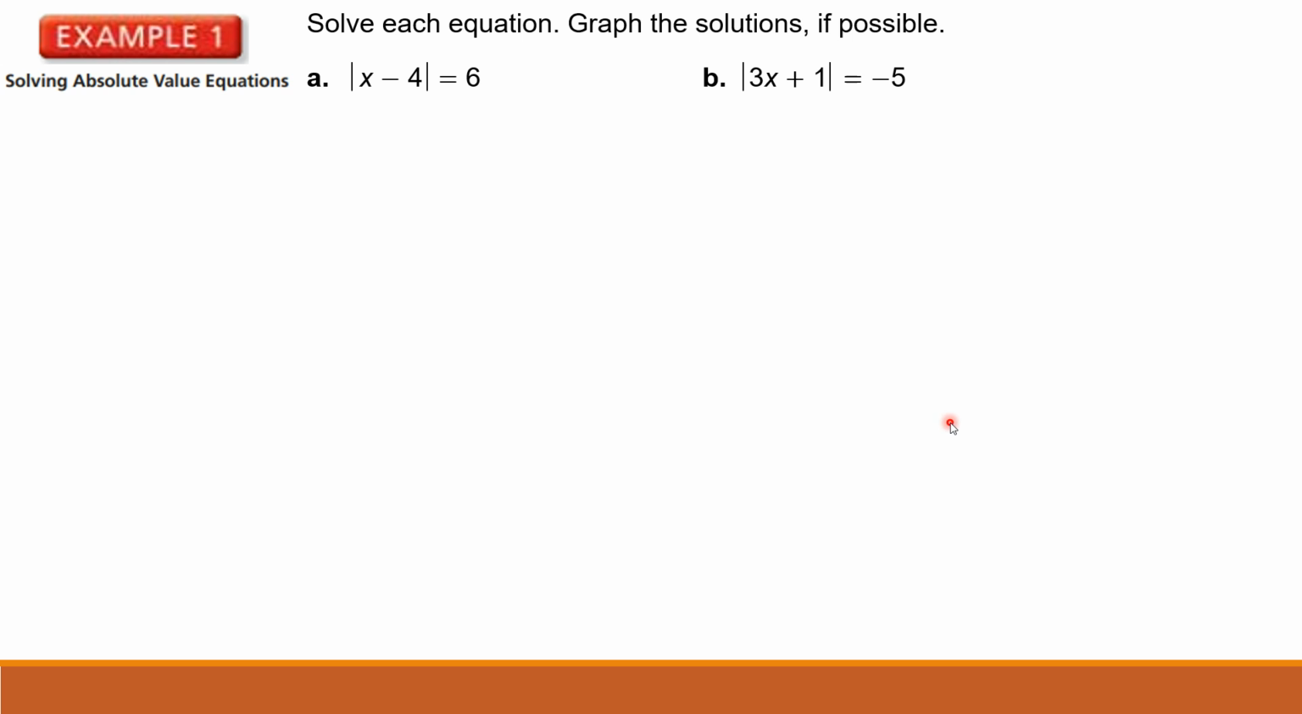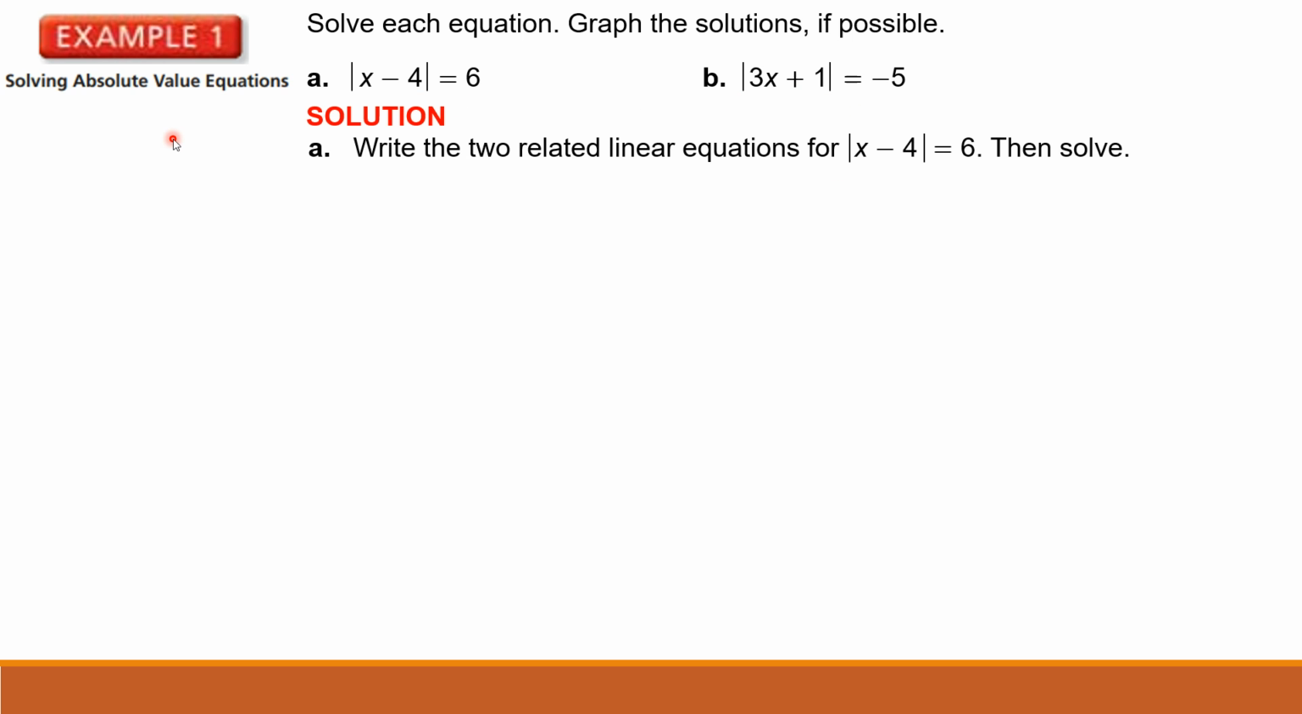All right, so now let's look at some more examples. These are the examples actually from the textbook. So let's look at their solutions. This part A is similar to what we just looked at. And so is part B, just more steps. It's a multi-step. Okay, so we're going to write the two related linear equations for |x - 4| = 6